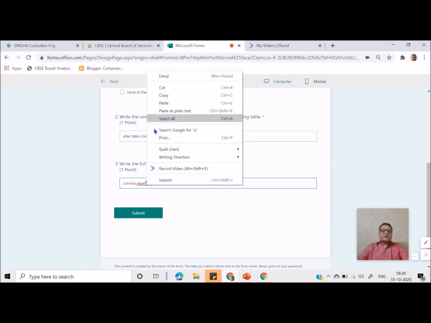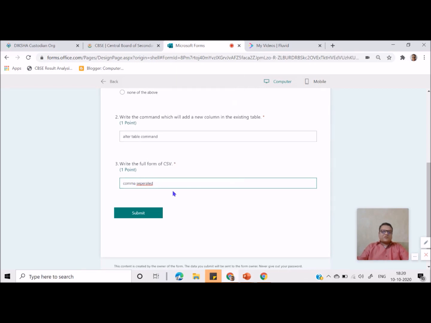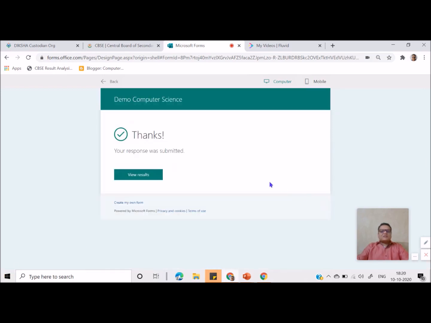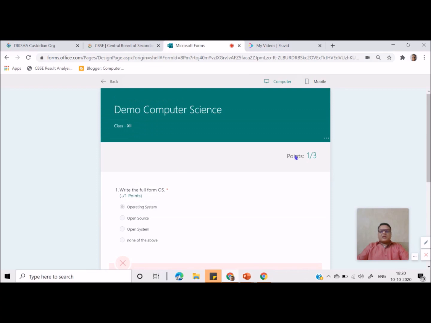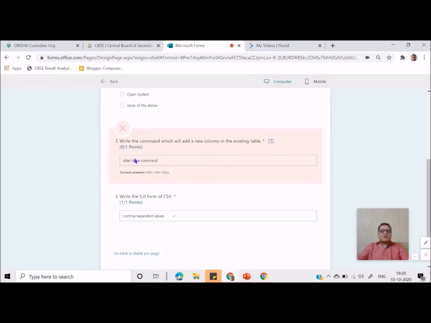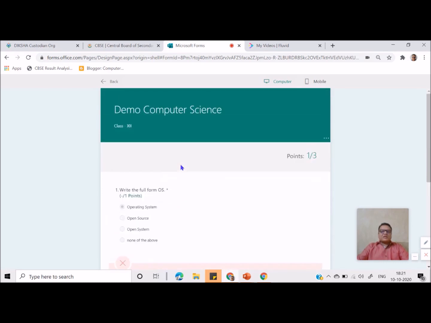Comma separated values. So these are my answers. So I'll say submit. Now let's see view result, and I got 1 because this is wrong, and herein I have not selected the answers, so that's the reason it's wrong.